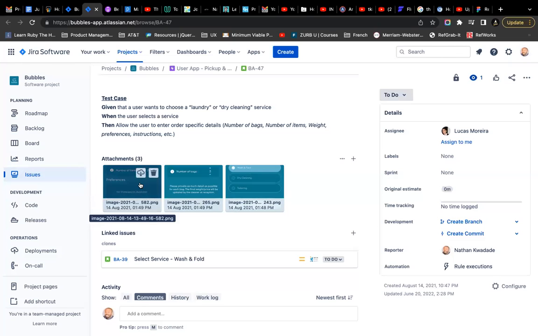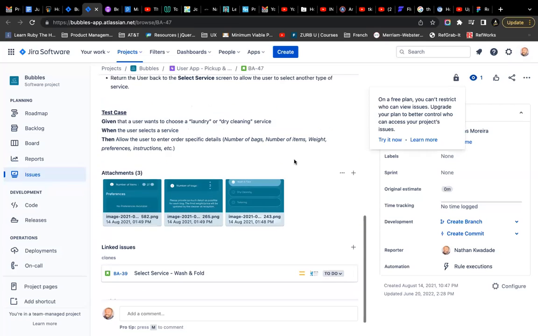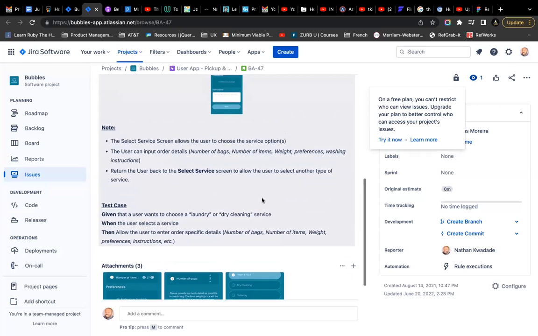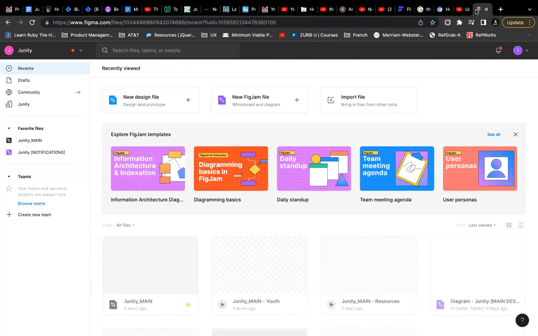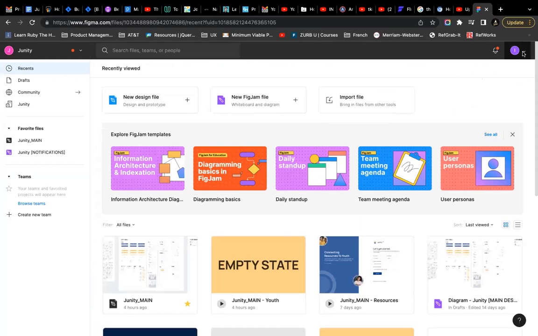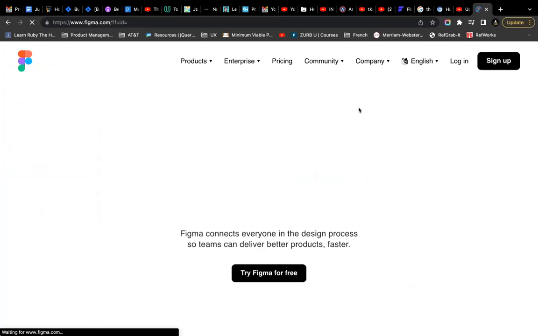So I didn't just provide the images just for fun. What I'm doing is providing it for the team, so that they know which design comp to look at. So when they go into development, they go to this screen. I hope it's the other one. Let me sign out of this and log into my other account.